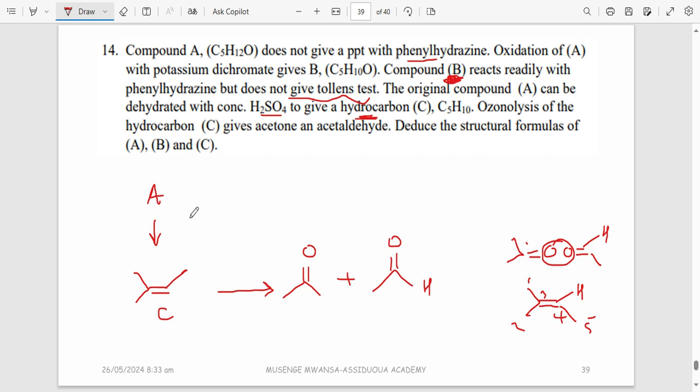But remember, this C is coming from what? A. The original compound A can be dehydrated. We removed the water to form this compound. Now remember, dehydration of alcohols forms alkenes. So what would be the possible structure? Basically, go in the backward direction. When you get an alkene, you hydrate it, you form an alcohol. And hydration of alkenes will form alcohols. The alcohol is attached at a more substituted carbon, right? So this carbon here is more substituted. So the alcohol was actually like this,